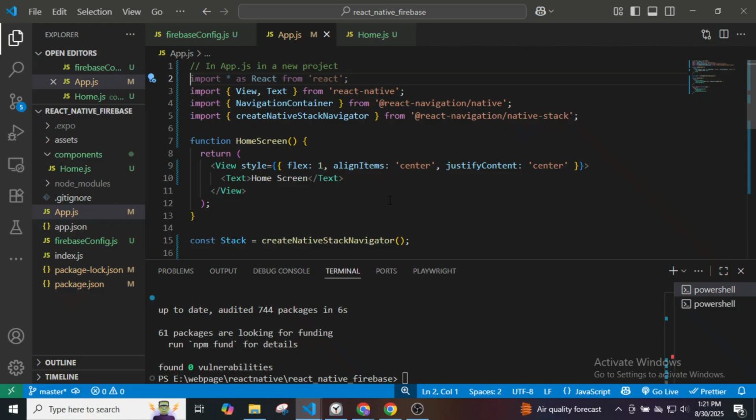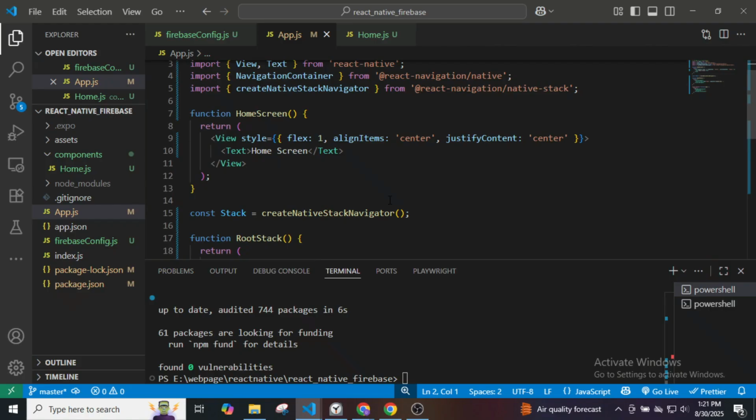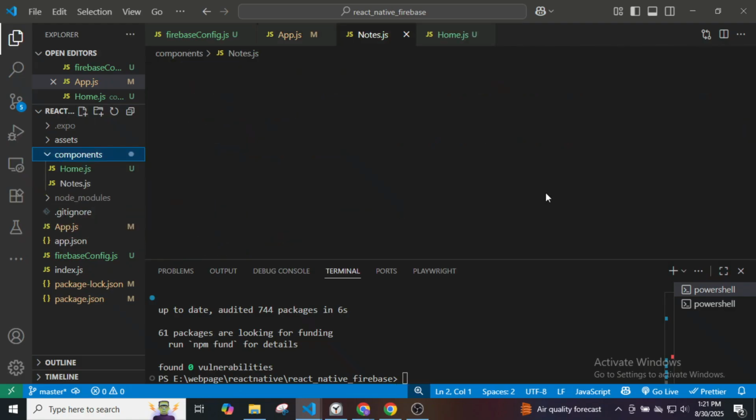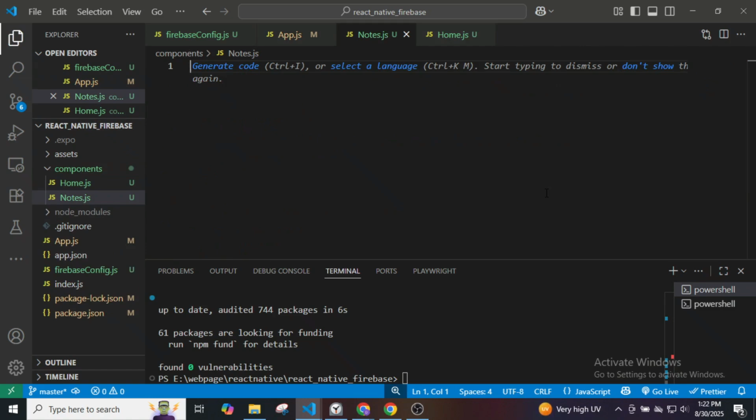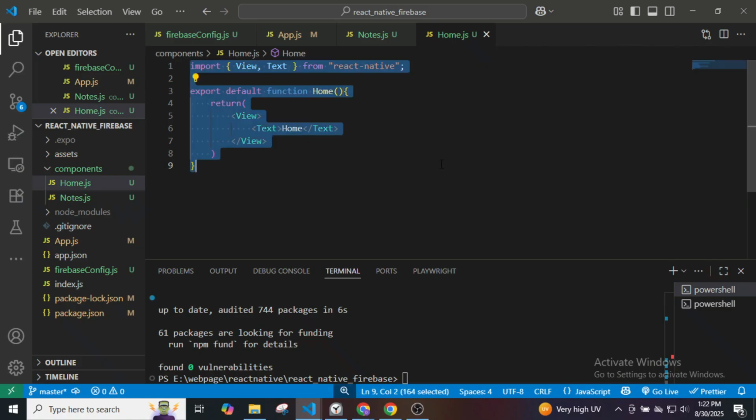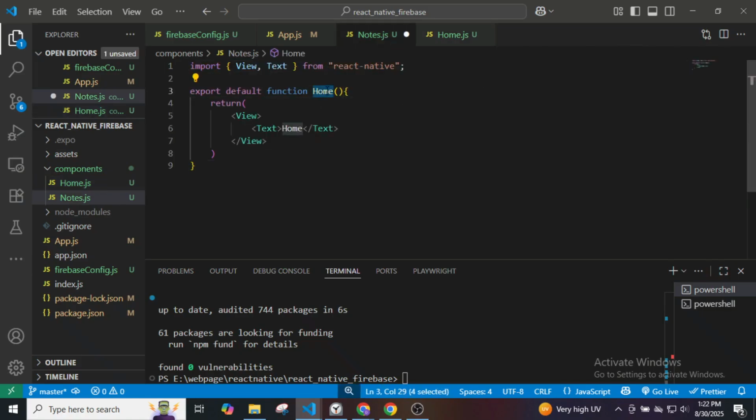Now in the components folder, create another component for the notes, and copy the lines from Home.js and paste it here, and instead of Home this will be Notes. Save it, and then in the App.js file